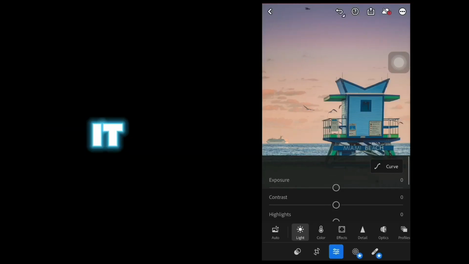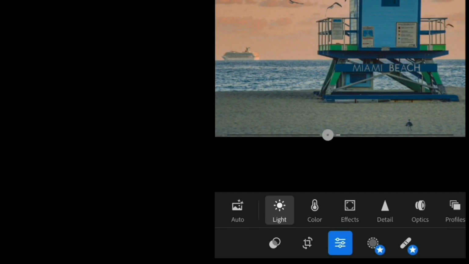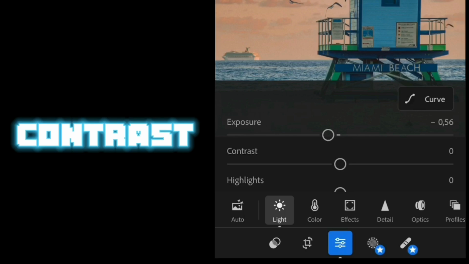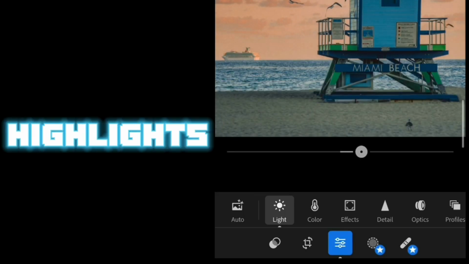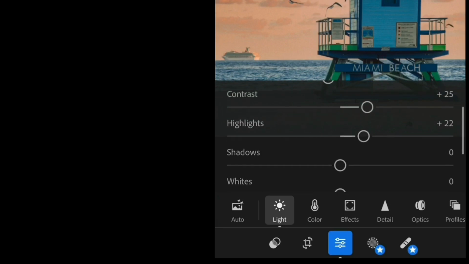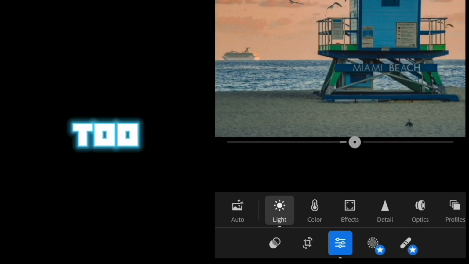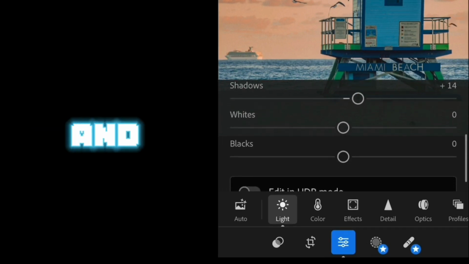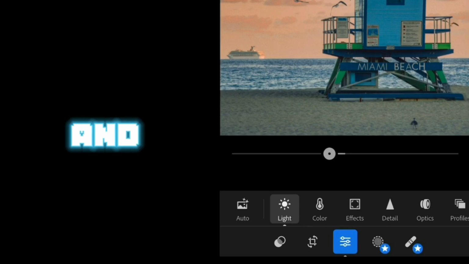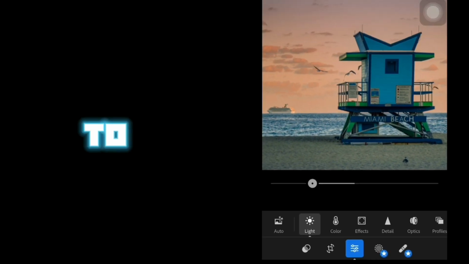So let's start with the light. Decrease the exposure only a little bit, then increase the contrast and decrease also the highlights. Then move to shadows and increase it too. And then don't change whites and move straight to blacks and decrease it to -53, and then go to color,